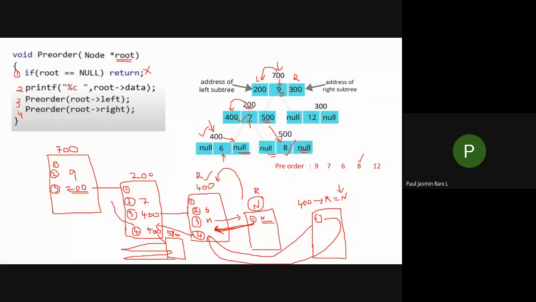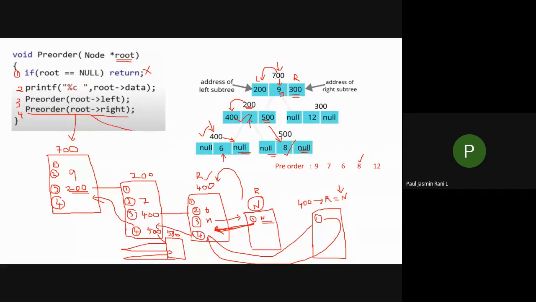I enter into the back part over here. So now my root address is 700. If my root address is 700, I have to execute the 4th statement. So now the current root address is 700. So what is the 700 of right? Because in your 4th statement, you have to do the root of right. Am I right? So what is the root value? Root value is 700. So 700 of right is nothing but your 300. Okay. So now I get 300.